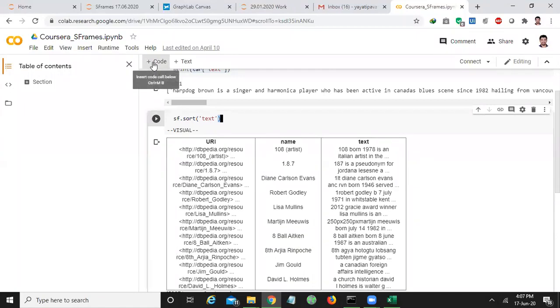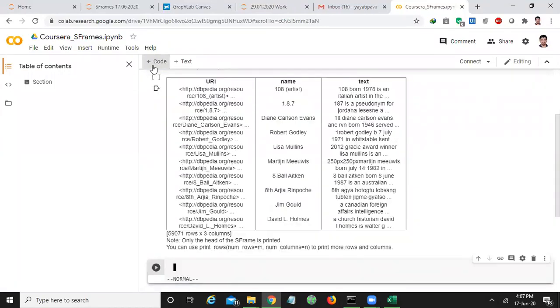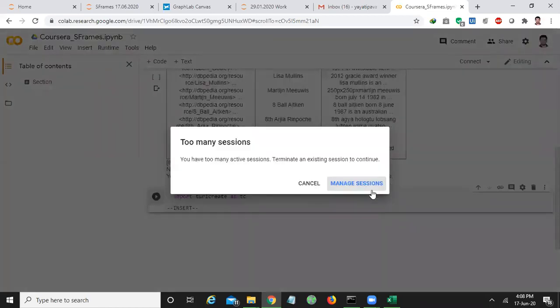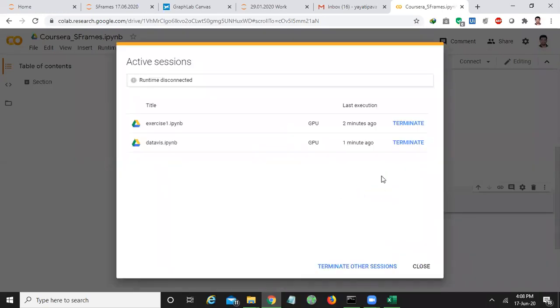Let us add a new code cell here. If you click on this plus code, a new cell will be opened. Now let us check here. Actually, this notebook was created by means of Python 2. If it is not working, it means Python 2 is completely deprecated from the Google notebook.